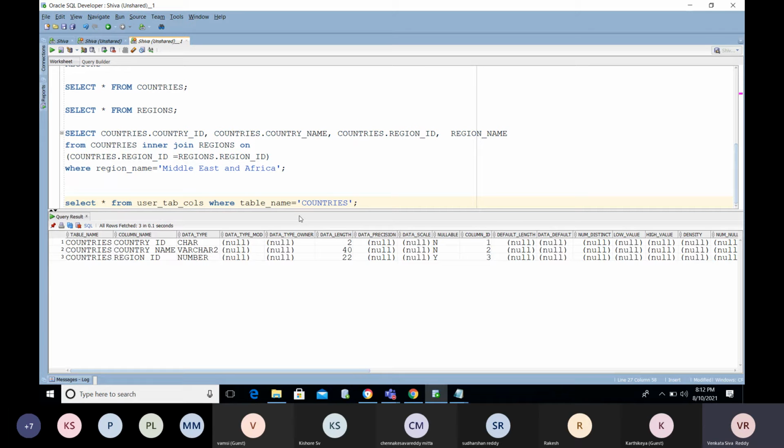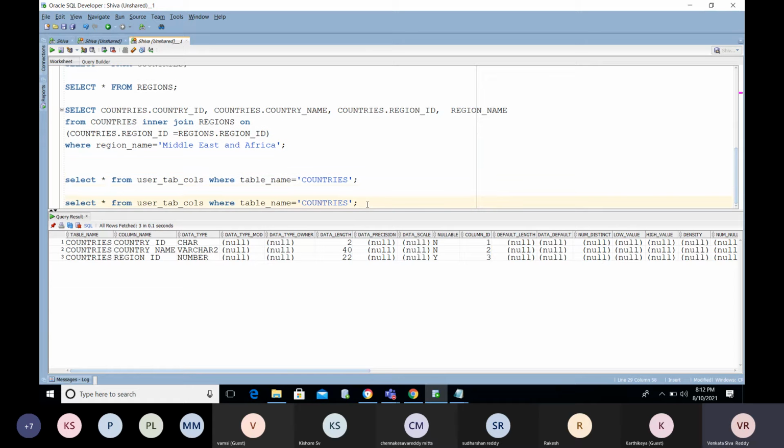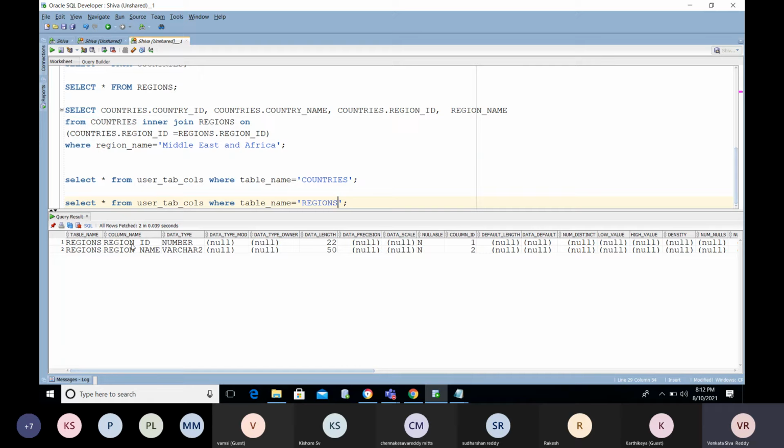Now in the countries table we have 3 columns: country ID, country name, country region ID. If I use the same thing with a different table, regions, we have region ID, region name. Now I need to find out what the common column is here.